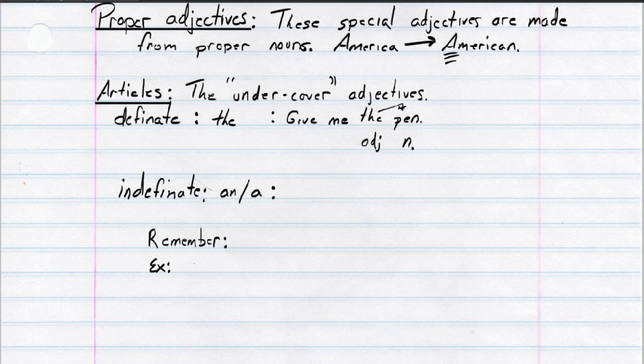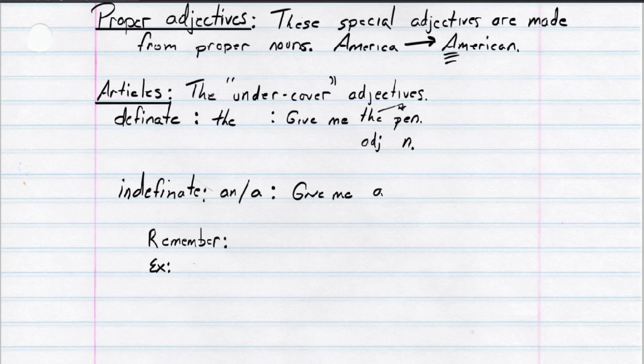Remember, I told you an adjective cannot exist without a noun. So if you find the word the, you know you have a noun somewhere that it's modifying. Now, the reason we call this a definite, well, actually, let me hold on a second. Let's go to indefinite, and then I'll explain the difference between definite and indefinite and a way to remember the names. So we could use the same sentence and just say,